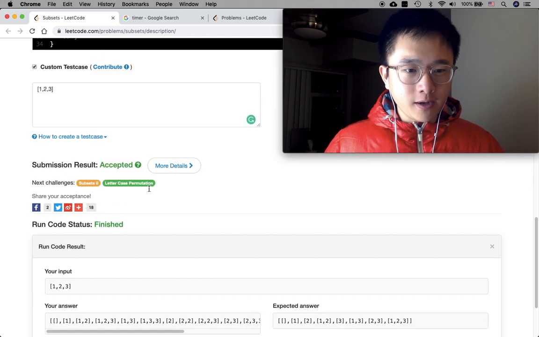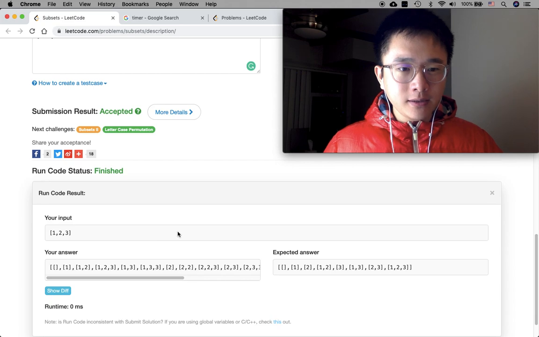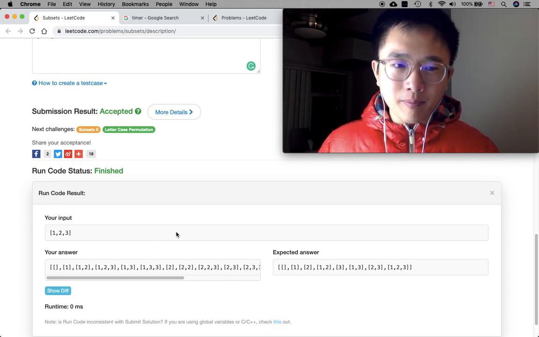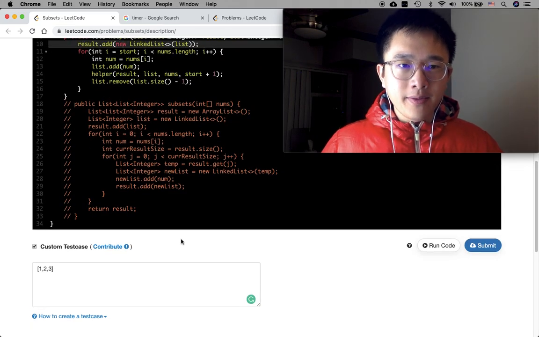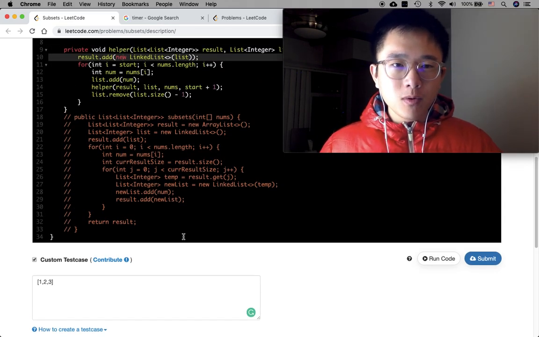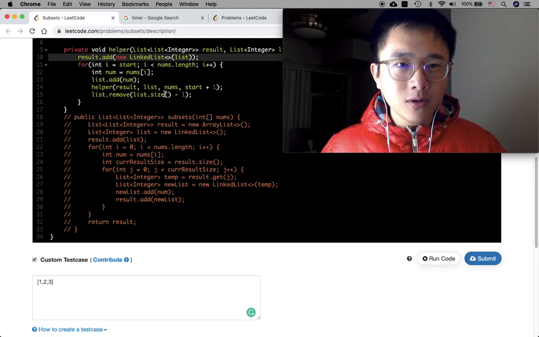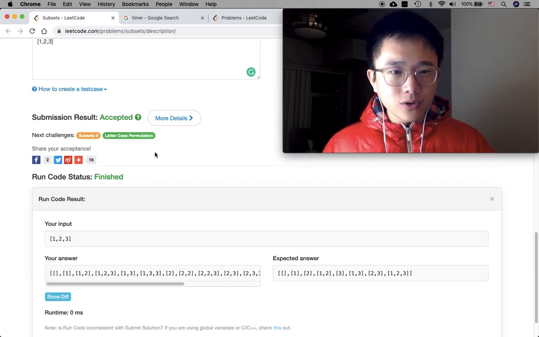And then 1, 2, 3. Okay, so 1, 2, 3 is the end of that branch of that depth search. We reach the end, and then we'll remove it. Okay, we'll remove it all the way to the back. So we're back to